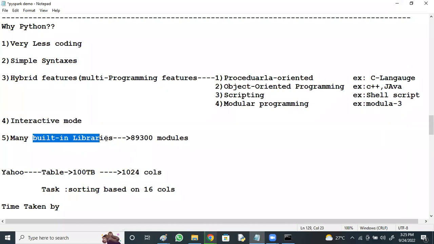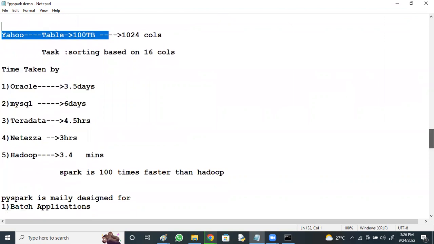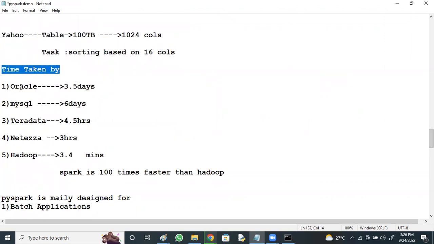Many built-in libraries, 89,300 modules for various domains: data science, big data, animations, gaming, embedded applications, network applications. So I was just talking about how Yahoo took a table to check the speed of different databases. It took 100 TB consisting of 1024 columns, and the task was sorting based on 16 columns. Time taken by different databases: